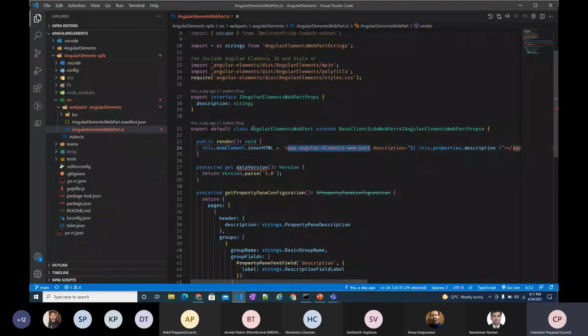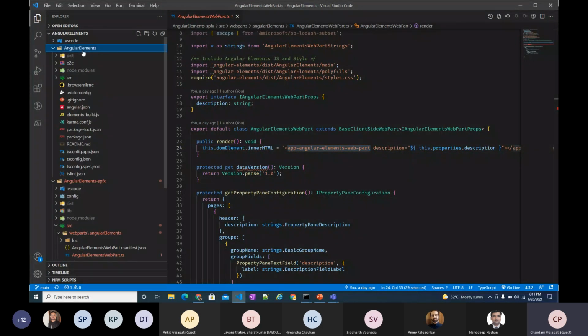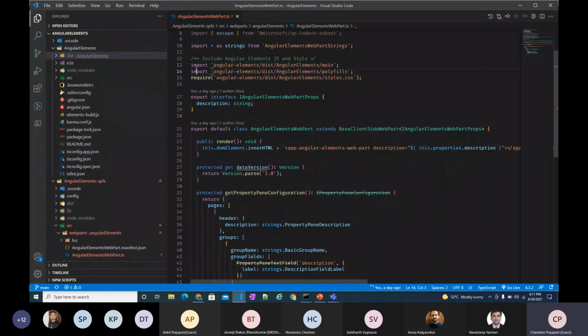Basically, while we do any changes in the Angular component, we have to create a bundle file. After creation of the bundle file, it creates three files in a dist folder, and we will use these three files in our SPFx. So we can use this component as an Angular element. This is the basics of Angular elements.